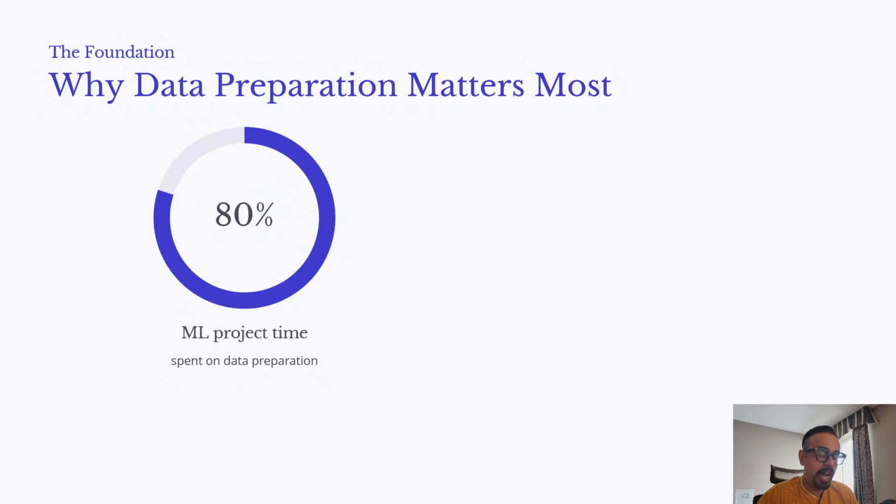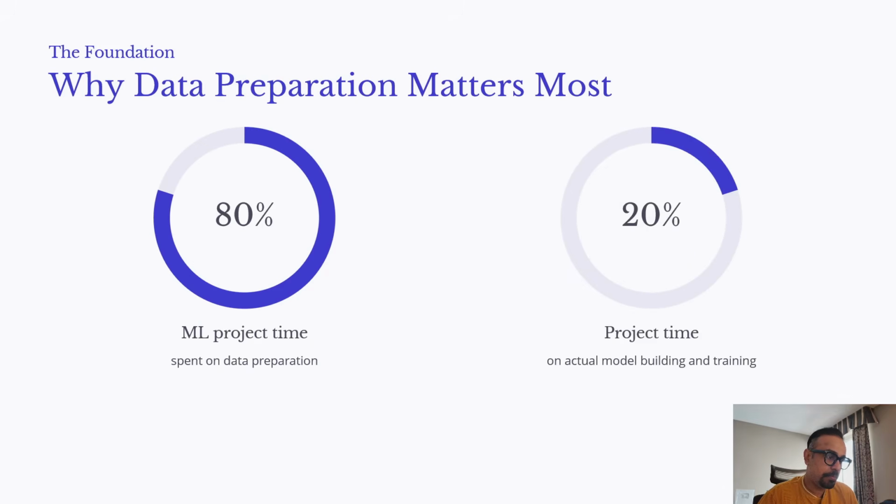But the reality is that getting clean, well prepared data is far more challenging and time consuming compared to running the training algorithms. Now, the remaining 20% of time goes to selecting the algorithms, tuning hyperparameters, training models, and evaluating results. Modern machine learning libraries and cloud services have made this part relatively easy. You can train a sophisticated model in minutes, but preparing the data to feed into that specific model, that's where